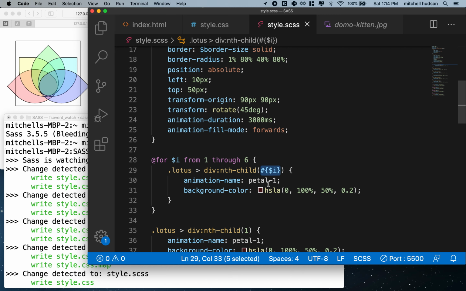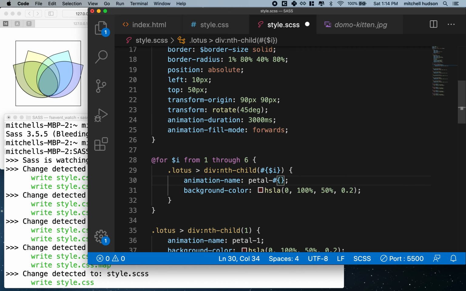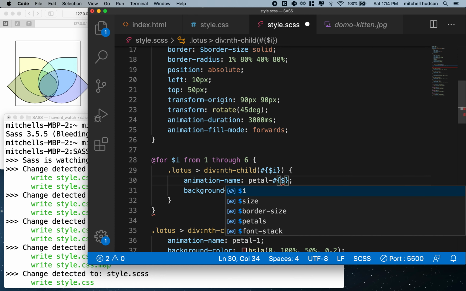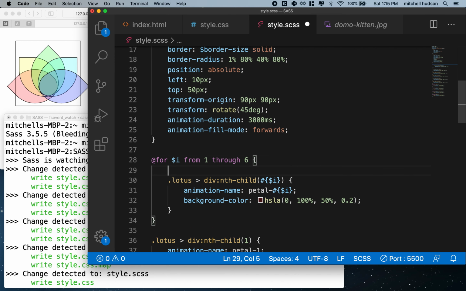Interpolate it, right? And then I'm going to do the same thing right here. So I'll do the hashtag, the curly brackets, $I. So now this should be child 1 through 6 and petal 1 through 6, right? So now let's calculate the hue. And we can define a new variable inside the loop here. So I'll say hue, colon, to set the value, equals, and I want to count from 0 through, in steps